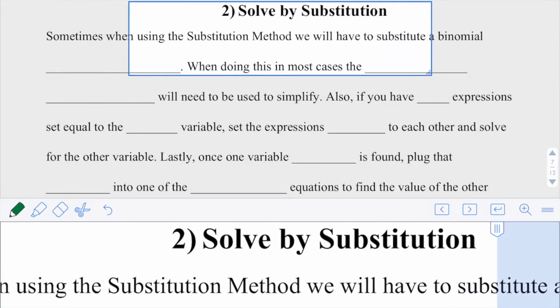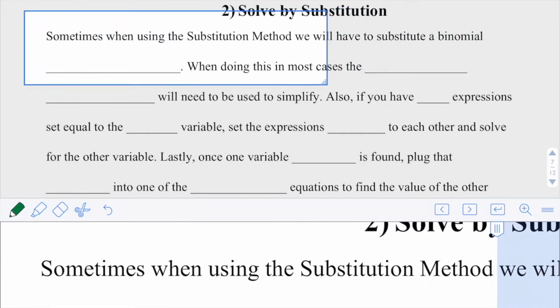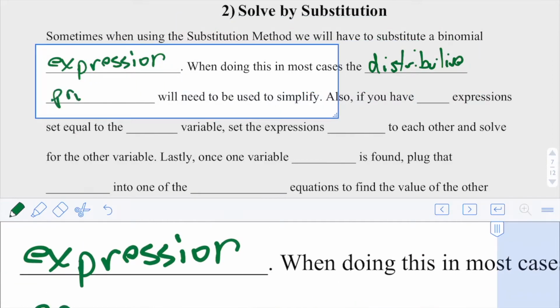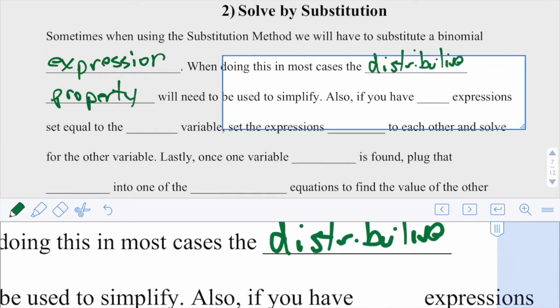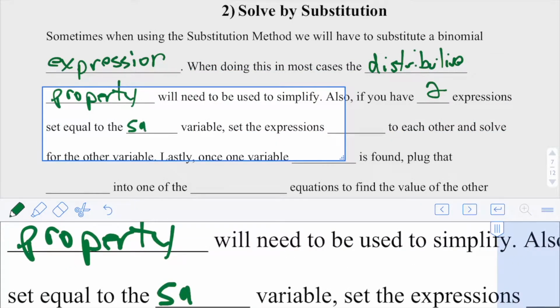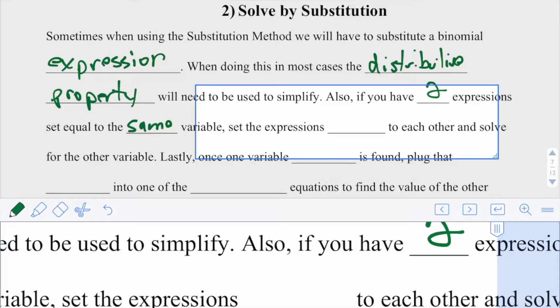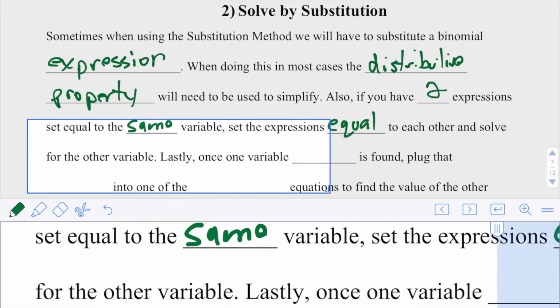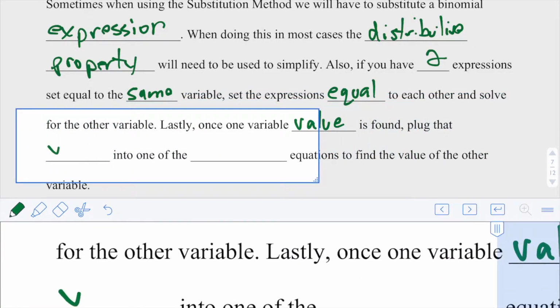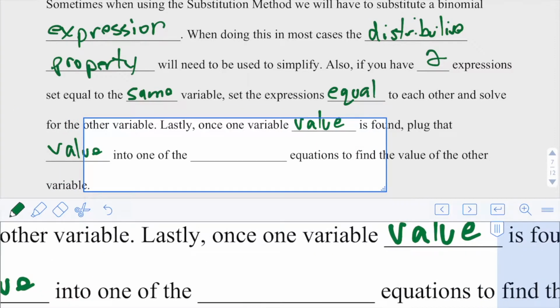Sometimes when using the substitution method, we will have to substitute a binomial expression. When doing this, in most cases, the distributive property will need to be used to simplify. Also, if you have two expressions set equal to the same variable, set the expressions equal to each other and solve for the other variable. Lastly, once one variable value is found, plug that value into one of the original equations to find the other